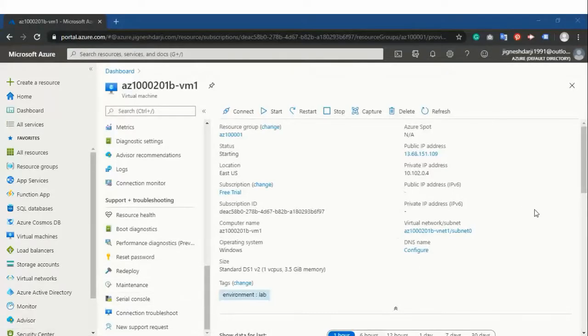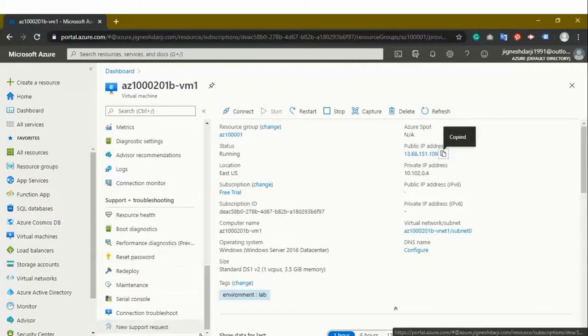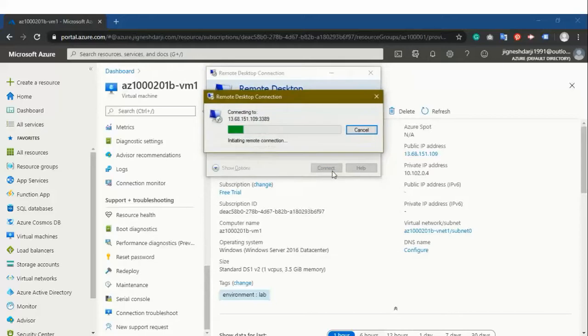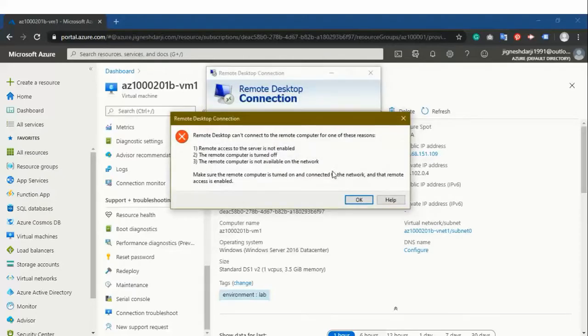After this my virtual machine is going to shut down, and the shutdown process is in progress. We need to wait until the system shuts down entirely, and then you can try again with the same RDP connection. You may know that your RDP connection drops when your virtual machine gets shut down. Let's connect again using the RDP connection. You can check that the RDP connection can't connect to this remote computer.